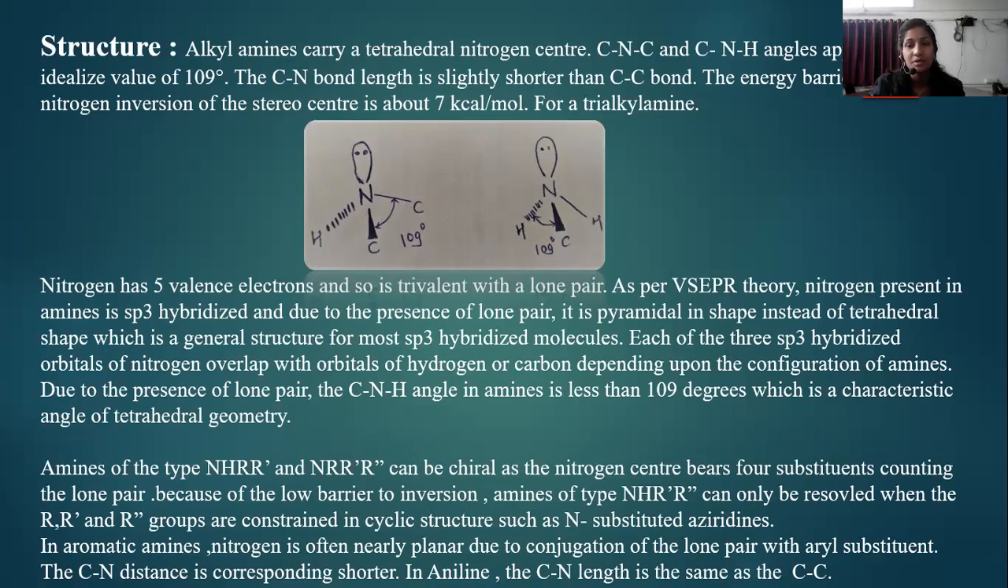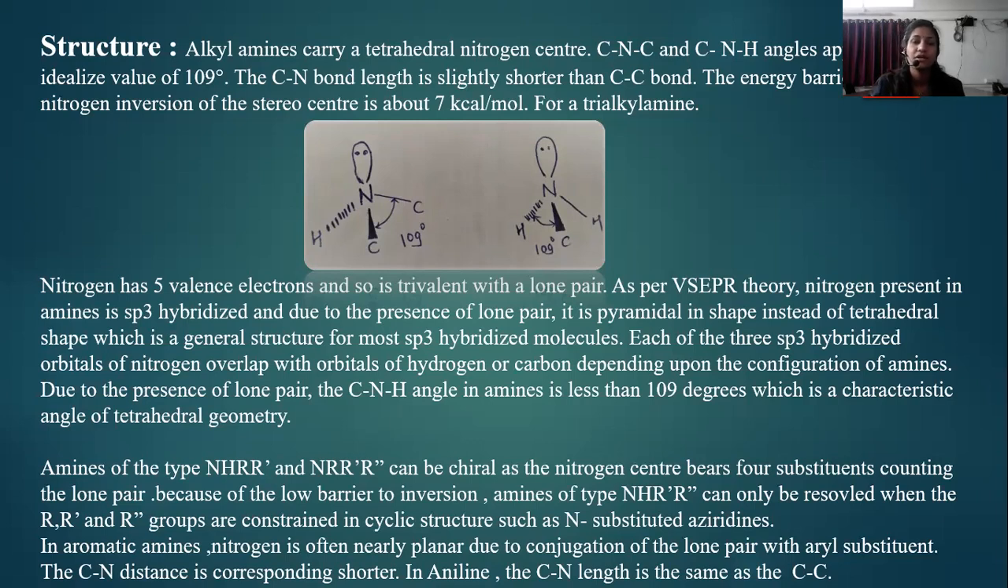According to VSEPR theory, nitrogen present in amine is sp3 hybridized, and due to the presence of the lone pair, it is pyramidal in shape instead of the tetrahedral shape, which is the general structure of most sp3 hybridized molecules. Each of the 3 sp3 hybridized orbitals of nitrogen overlaps with the orbital of hydrogen or carbon, depending upon the configuration of the amine. Due to the presence of the lone pair, the carbon-nitrogen-hydrogen angle in amine is less than 109 degrees, which is characteristic of the angle